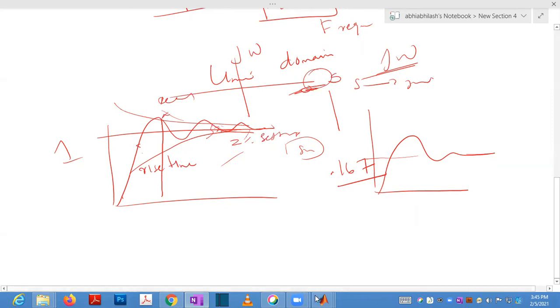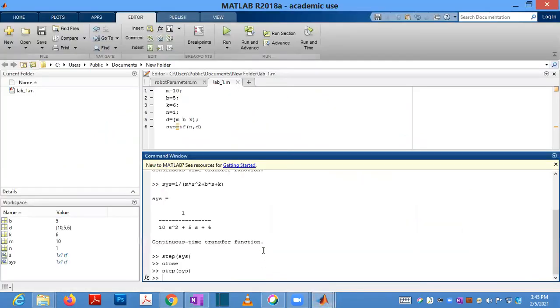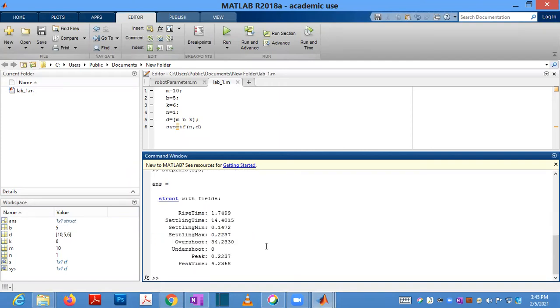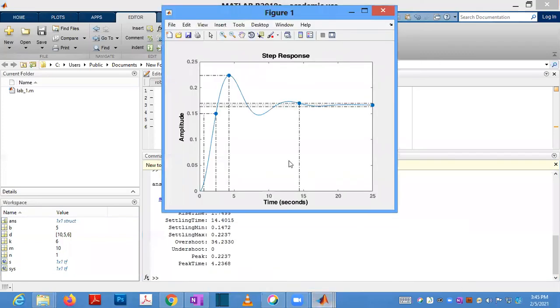These things you can do in MATLAB. You can use stepinfo of SYS to get the information: rise time, settling time, overshoot, undershoot, peak time. Everything is here.